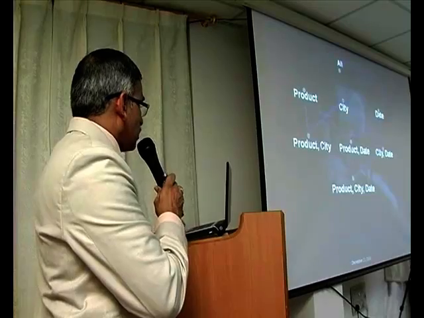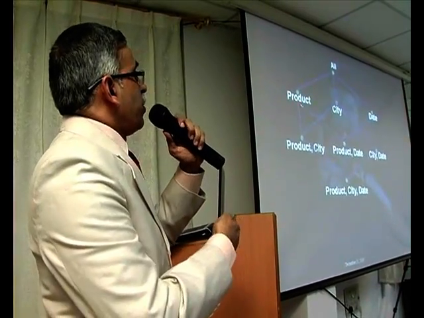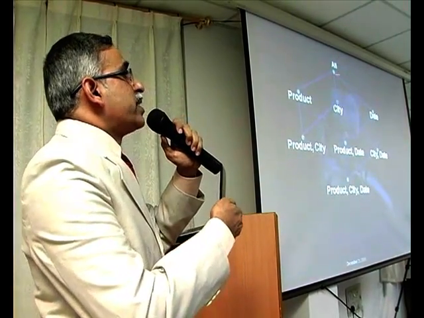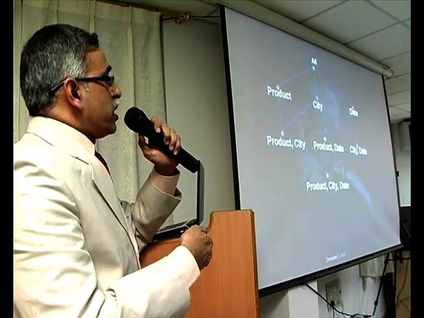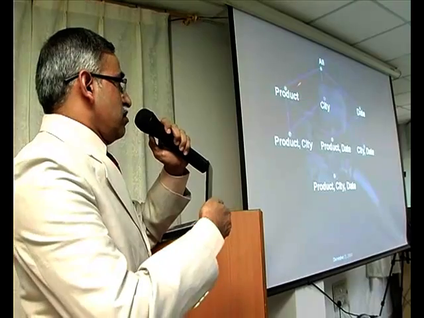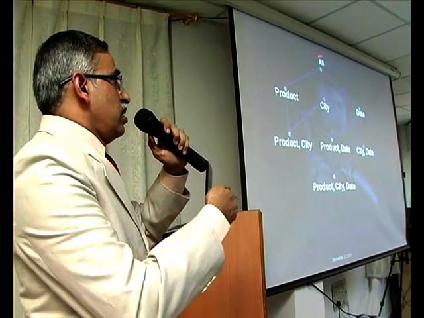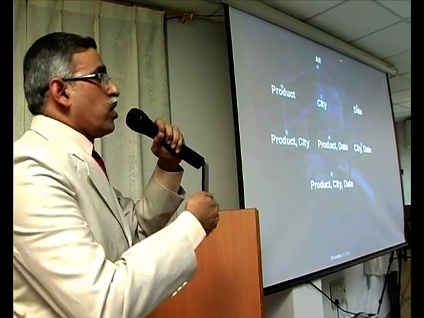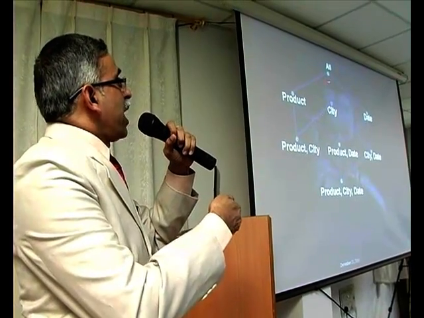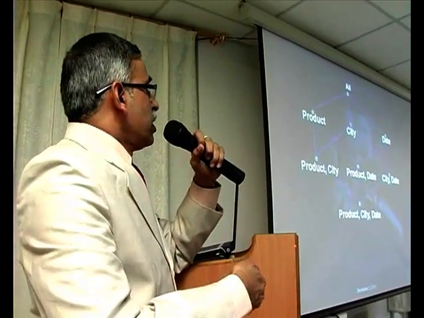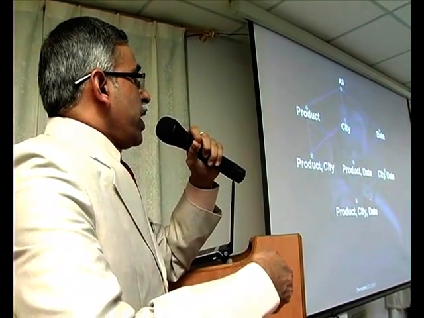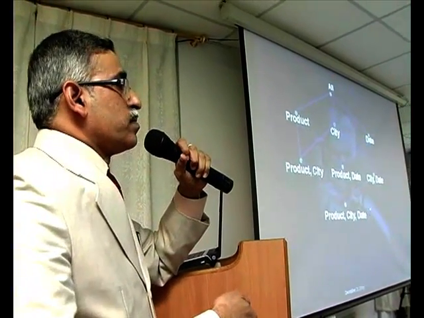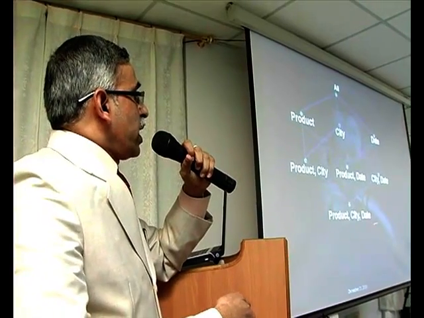Then, by using one-dimensional cuboids, I can compute the grand sales. That means over all products, over all cities, on all dates. That is called grand sales. So if you observe, this is the grand sale, the highest number. These are the set of numbers for each combination of product city date. So this is our greatest lower bound.